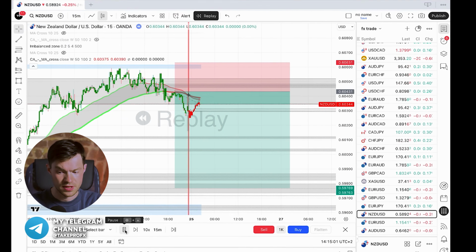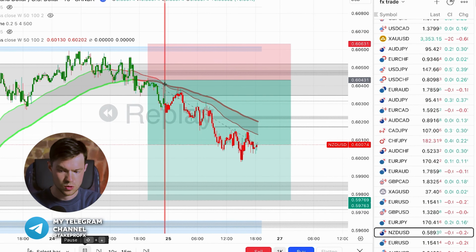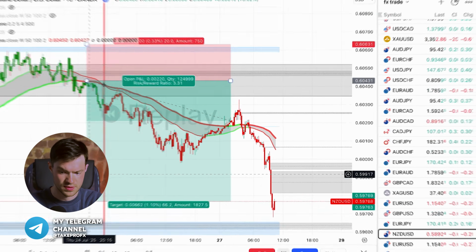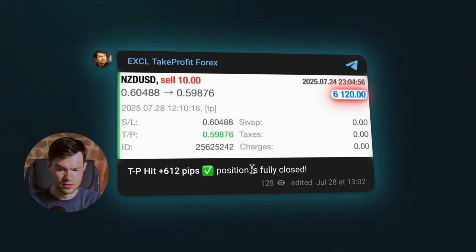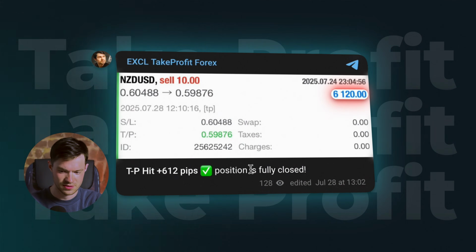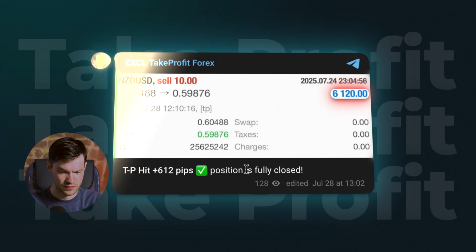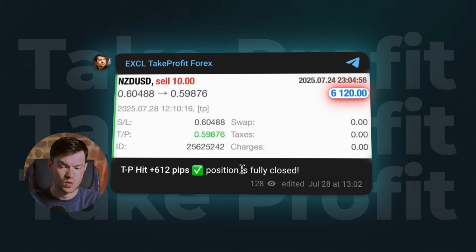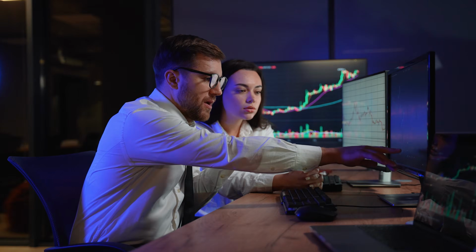With this trade, if I am not mistaken, I made more than 6,000, and it also took me less than 10 minutes to find and execute a successful entry into this position. The price successfully reached my take profit. With the result, I also congratulated my subscribers in my Signal Telegram channel, because on this trade we took as much as 612 pips of net movement with one take. That made me 6,120. Guys, we just dismantled two real trades on my real example, which I made on this strategy,